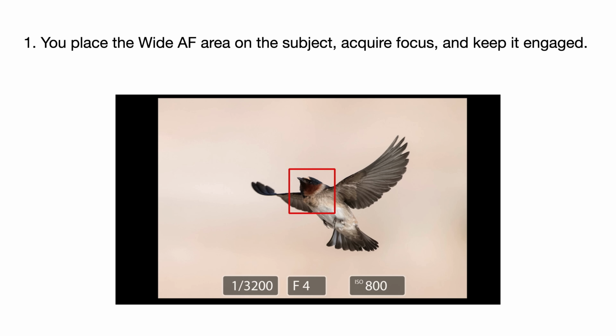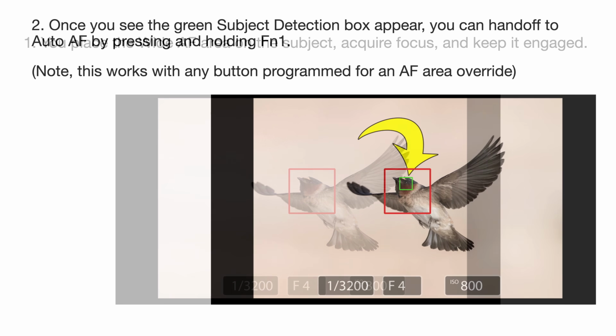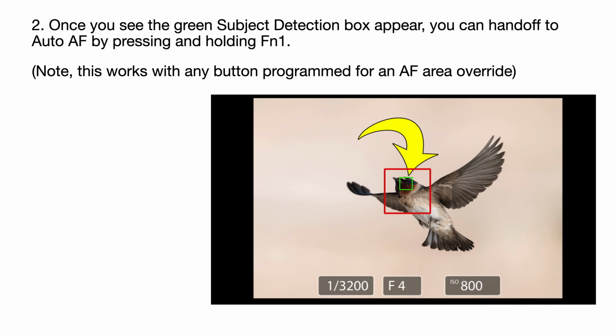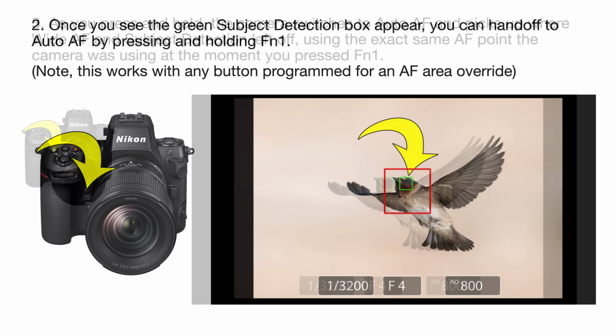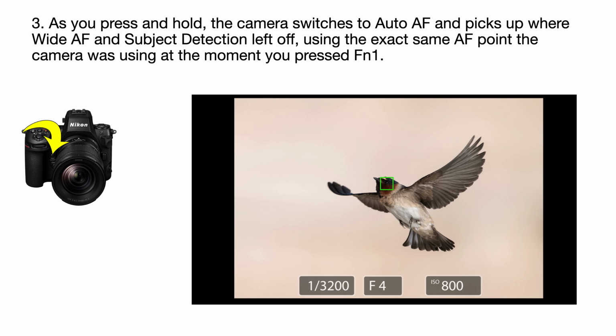Here's a step-by-step example. These instructions are with auto AF programmed to the FN1 button and wide AF selected as our normal AF area. 1. You place the wide AF area on the subject, acquire focus, and keep it engaged. 2. Once you see the green subject detection box appear, you can hand off to auto AF by pressing and holding FN1. 3. As you press and hold, the camera switches to auto AF and picks up where wide AF